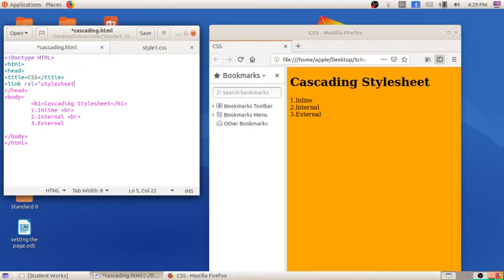This is the default code that you have to study by heart. Type equal to text/css, close bracket, href equal to the file from which we are linking, style1.css. That you have to write here, style1.css.